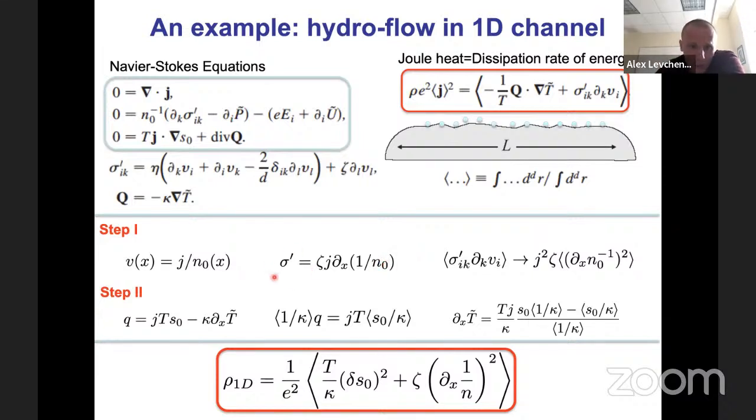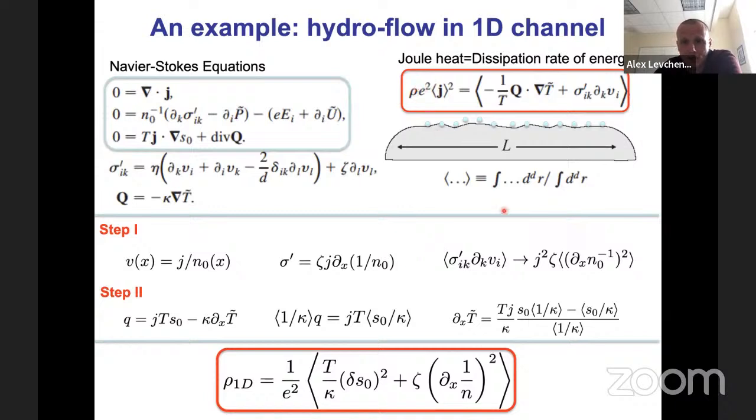And then knowing the stress, I can calculate, with the help of volume 6 of Landau and Lifshitz on fluid dynamics, the entropy production in this viscous flow, which is the average of the viscous stress with the gradients of the velocity, which roughly speaking is just the square of this expression. So I will get current squared, viscosity, and then averaged over the space, the gradient of inverse density. And then I can compare this to the Joule heating in the flow, and this gives me already a resistance.